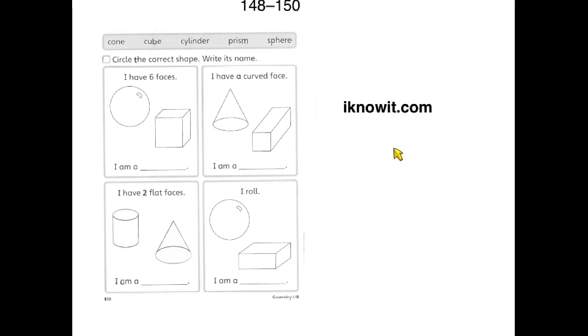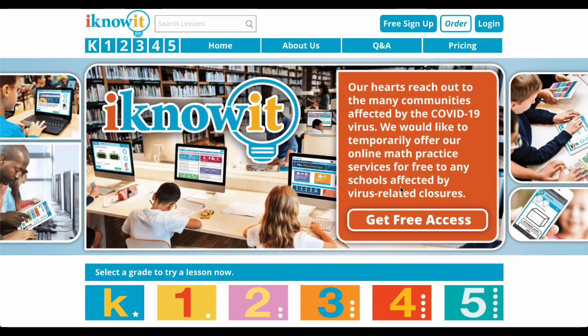I'm going to show you a new math page to work on. Hi, grade 1. This is a new math. I'm not going to say that it's an app because you can't download it as an app on an iPad or a tablet. You have to go to a computer, or you have to go to Google or Safari on your tablet to work on this. So you have to go to iknowit.com, and then over here you have to log in. So I want you to click on login in the top corner,